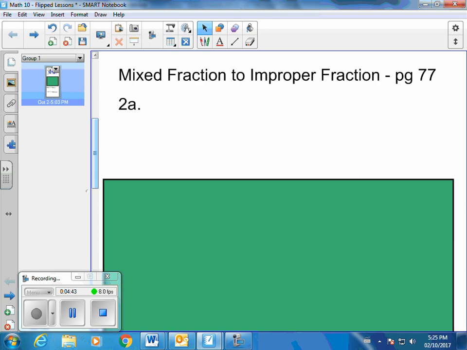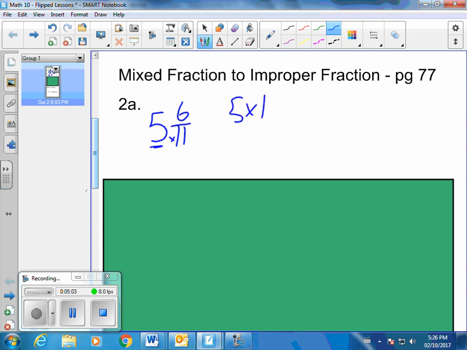So what we've got to do here is also be able to do the same action the opposite way. If they give us a mixed fraction like 5 and 6/11ths, I have to be able to turn it into an improper fraction. So I'm going to take my full number, multiplied by the bottom. So I get 5 times 11 equals 55. Then I'm going to add the remainder that was left over. So I have 55 plus 6 equals 61. And I get this whole thing. I put it over the original